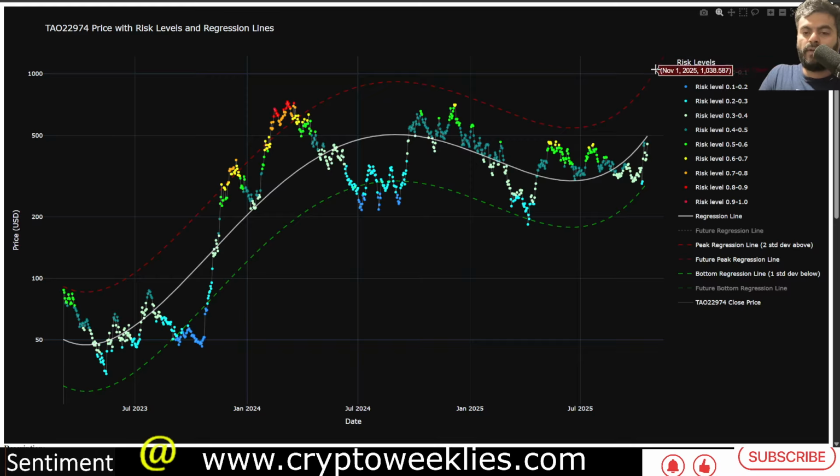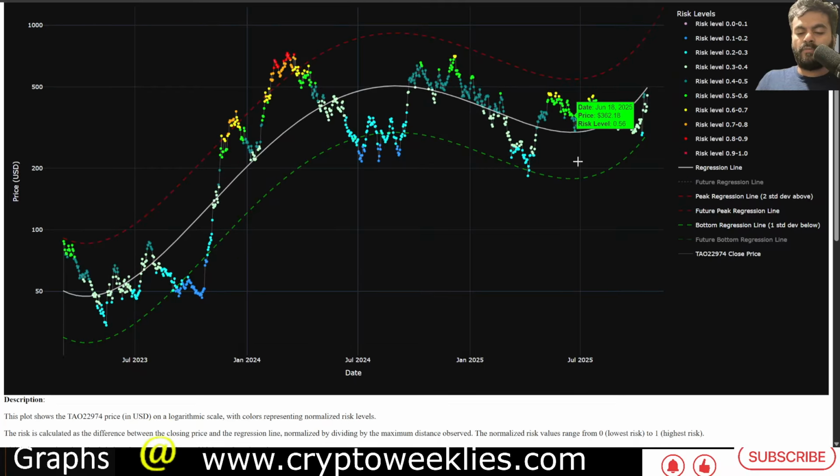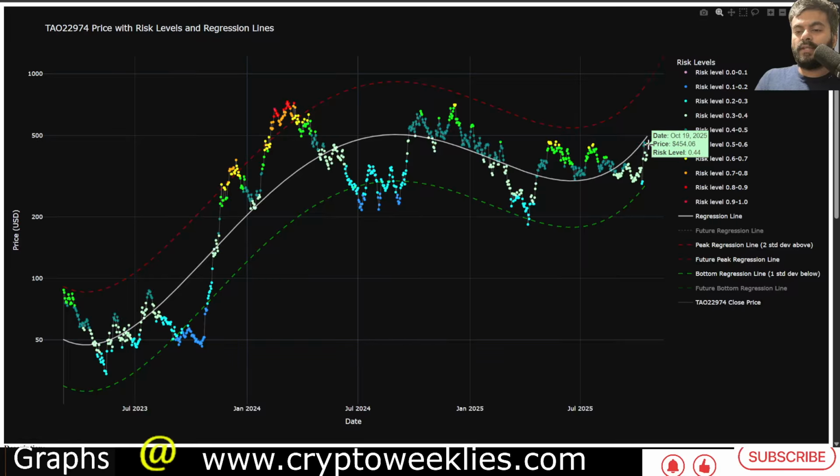Again, they are not retroactively fitted, but if there is a sharp downturn in the coming weeks or months, the bullish bias that BitTensor right now enjoys on its fair value could turn bearish in 2026, especially in the bear market, if there is a bear market in 2026. Right now, the regression based risk is at